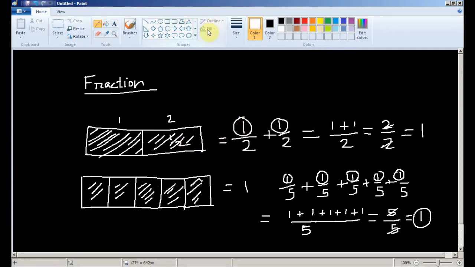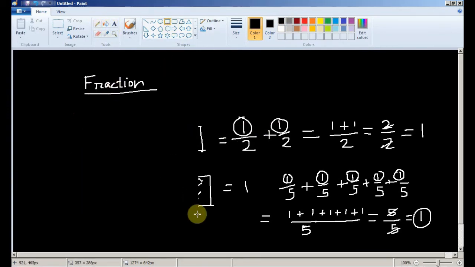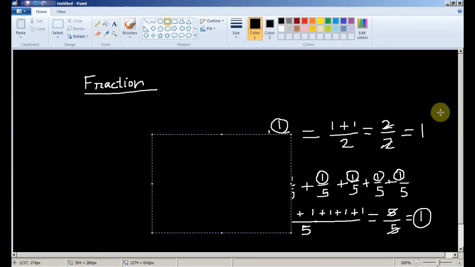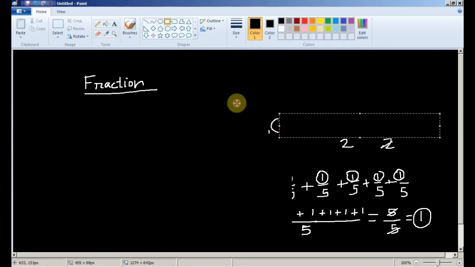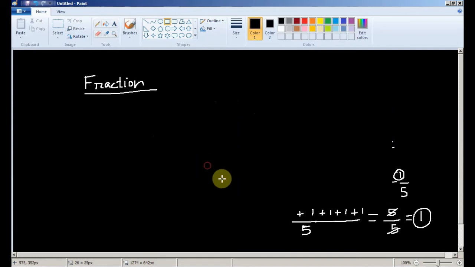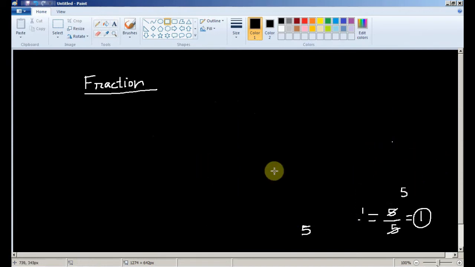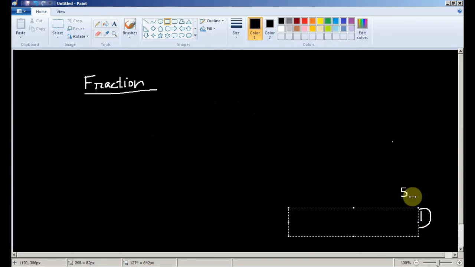Okay, let's take a look at fractions. Take a look at the fractions on a number line. You remember number line? The number line has all the integers, right? So we can use that number line to show the fraction on number line. Let us see how it looks over there. That's another way of representing, or you can call it another way of showing fractions on the number line.